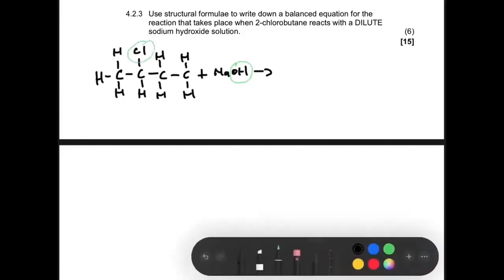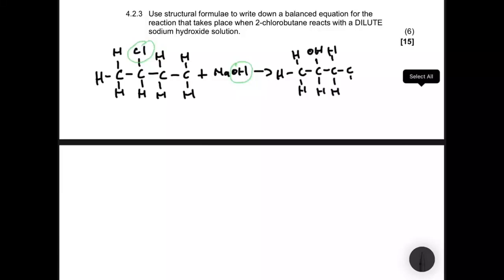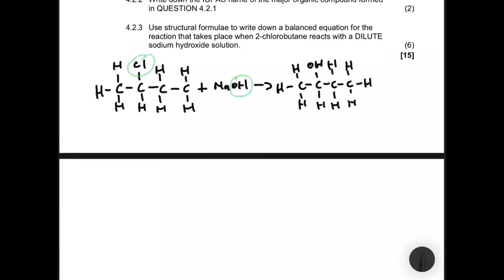So if that happens, we're going to get 4 carbons again, and then in place of the Cl, we have OH, right? Instead of a haloalkane, we now have an alcohol, right? And then we have a hydrogen, and then there goes another hydrogen. And then plus, we know that in a chemical reaction, whatever you have on the left, you should have on the right, right? So we're going to have Na